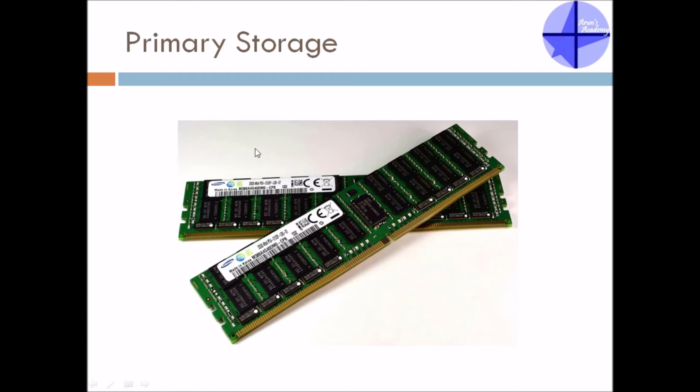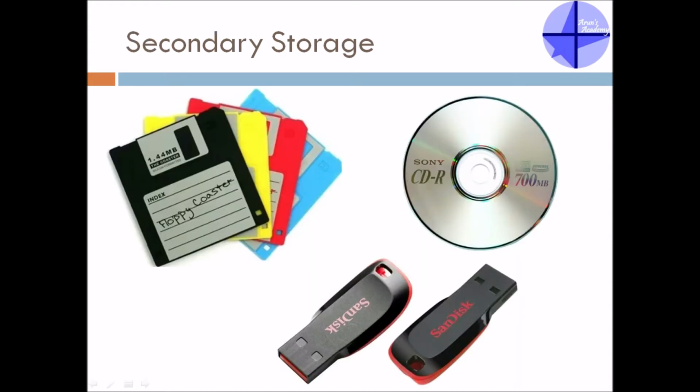The image you are seeing right now on the screen is that of a RAM, which stands for Random Access Memory. So what do you mean by primary storage? Whatever is required for that point of time to process is stored in some memory which is actually a temporary memory. This kind of memory is called primary storage. Next comes the secondary storage. Secondary storage devices or secondary storage is where the files are stored relatively permanently as compared to primary storage.